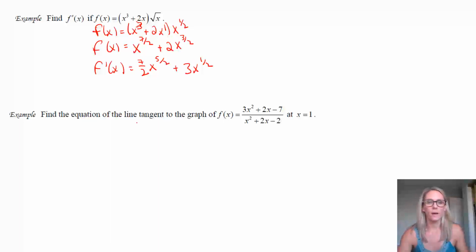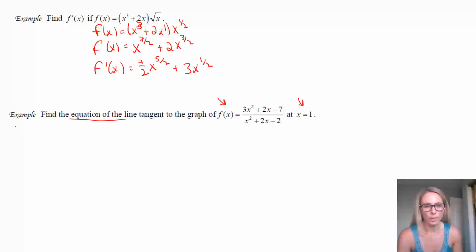So now we have, find the equation of the line tangent to this graph at this point. Now, I will tell you, we do not have a situation here where we can factor to make our lives easier. This is a very big function, and it would require us using the quotient rule. I'll be honest, it will. But we can make our lives maybe a little bit easier, so I'll show you how. So we do need to find the equation of a line tangent at that point.